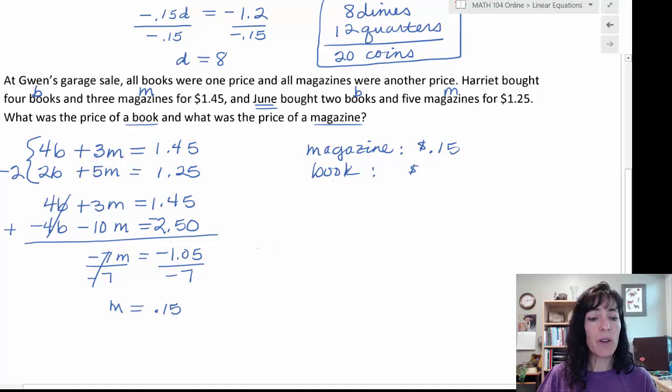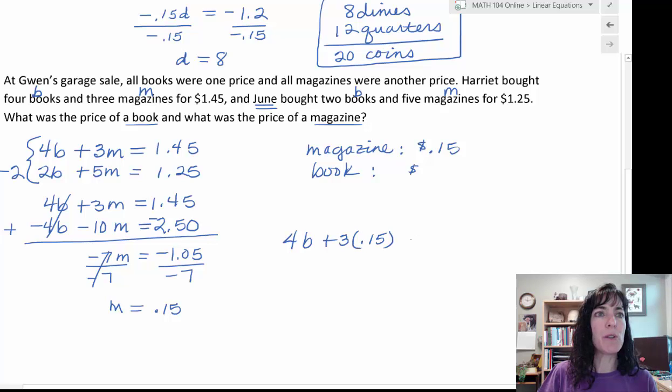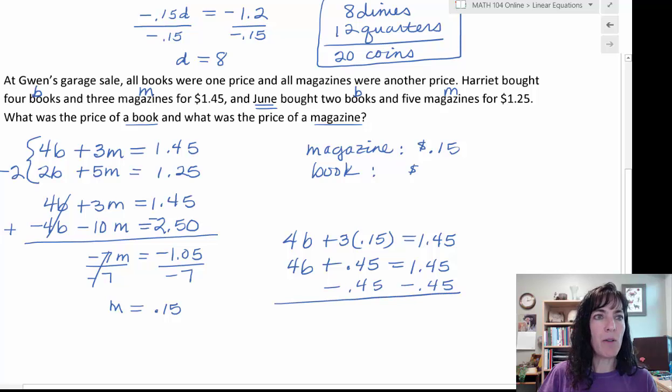I can use either of my first 2 equations and plug in 4b plus 3 times 0.15 because we know the cost for a magazine now, equals $1.45. 3 times 0.15 is going to be 0.45, and I have $1.45 here. Subtract 0.45 from both sides so that we can get that b by itself. These will just cancel, and this will be $1 or 1.00, and I still have a 4b on the left-hand side. Divide by 4,